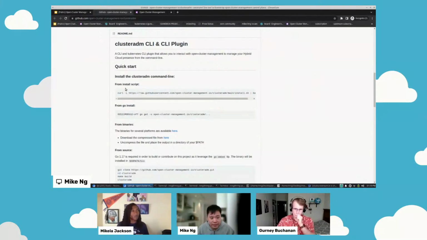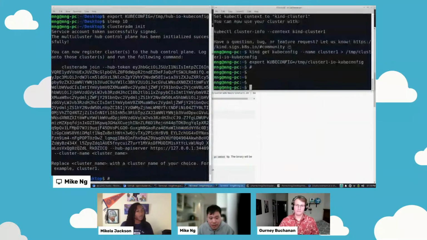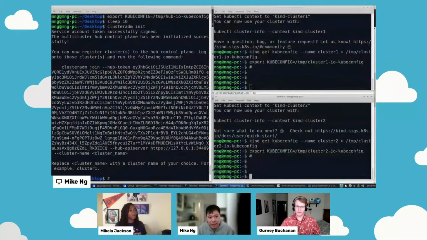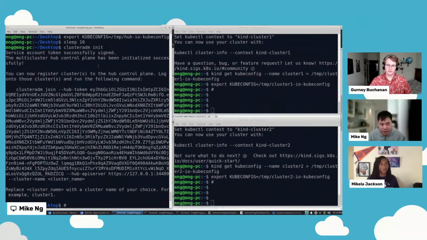And in Open Cluster Management, with the clusteradm command, you initiate the multi-cluster hub control plane, and then you have the remote cluster join the hub through a command.